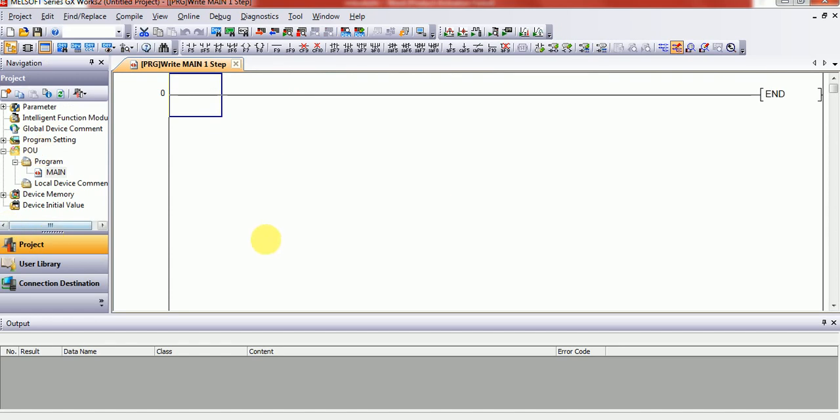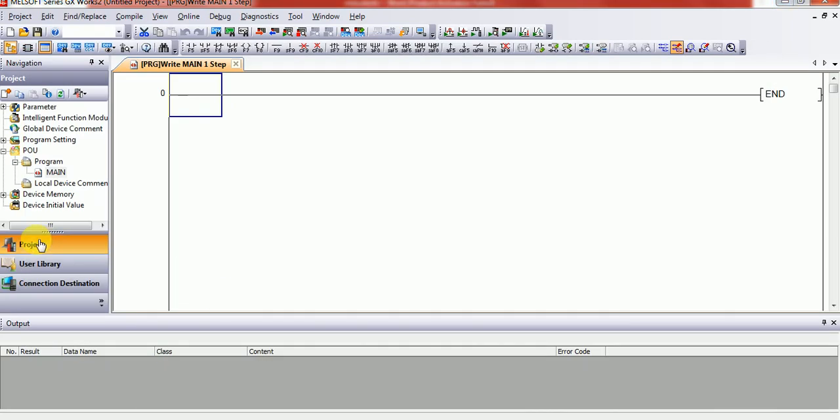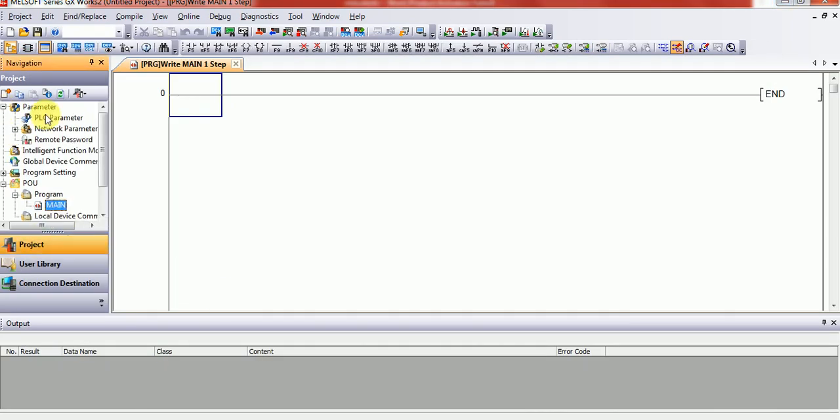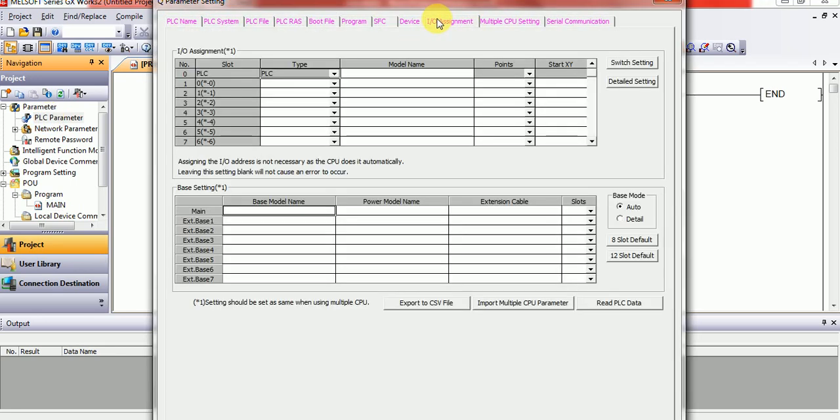And in Q series you have to select your hardware configuration. As you know, every project has a different setup, like the CPU and the communication module. You have to configure this hardware in the software. So I will go to parameter, PLC parameter, and go to IO assignment, and you can see the PLC type is CPU. Simply write the CPU number.